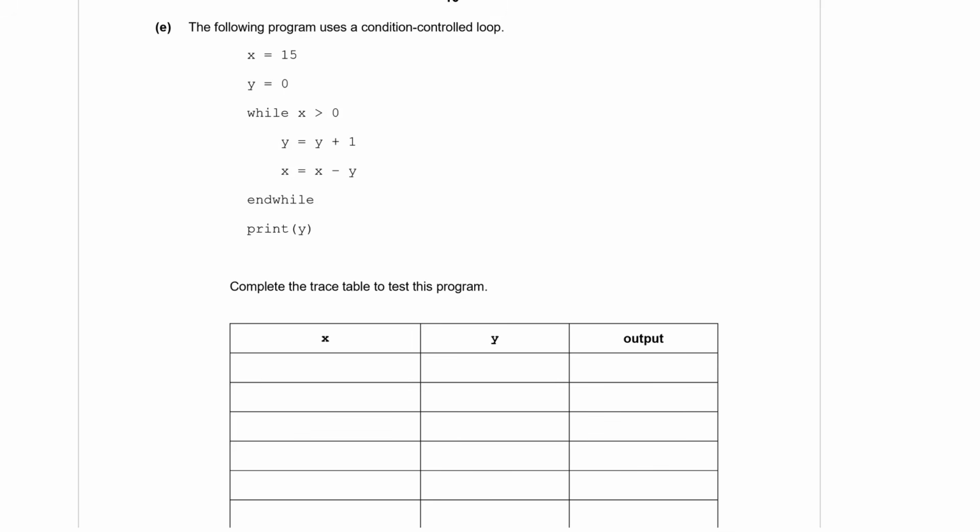I've got a whole other video on trace tables. I think it's almost an hour long, very long, but I go into a lot more depth about how they work and techniques for solving them. Here we've got